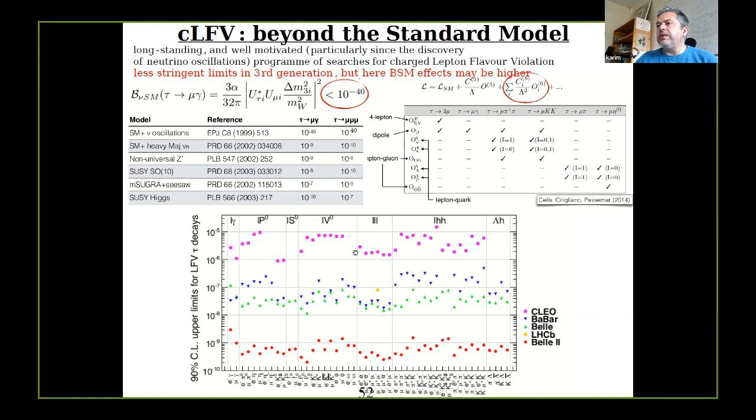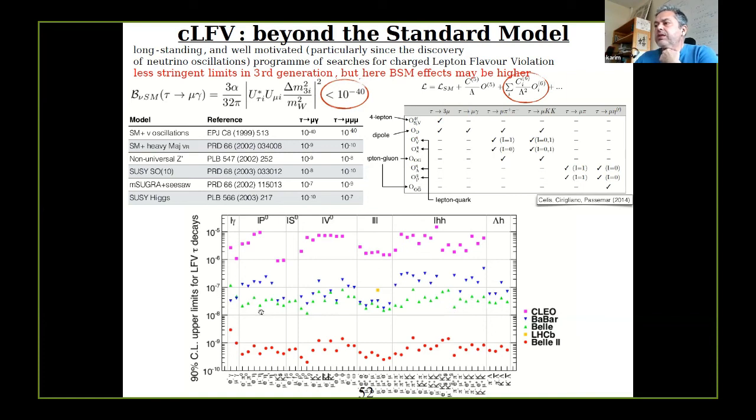And from the CLEO time, I kind of closed a loop, in fact, from the first plot I showed in the B to K mu, where you have seen all these generations of experiments trying to improve the limit. And here you have 3 of them, where you see CLEO result at a few 10 to the minus 5,